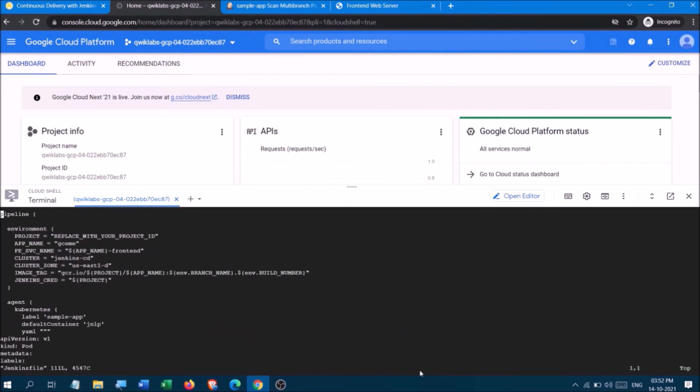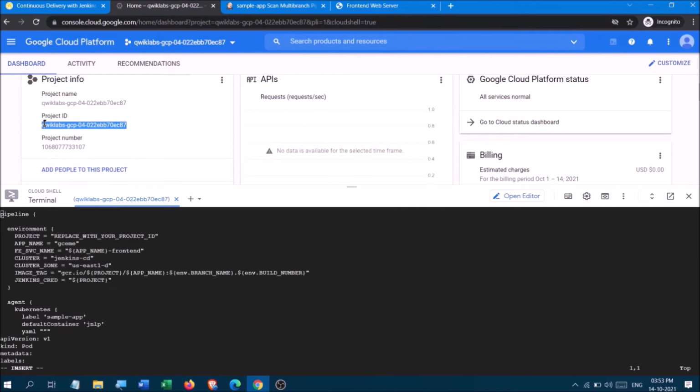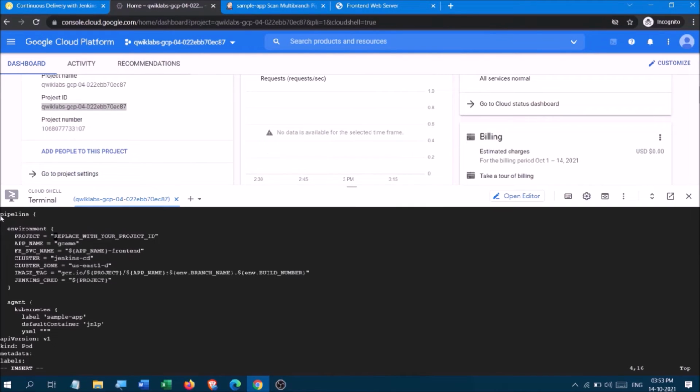We are creating the file and now click on now. So it will allow us to insert that project id. Okay, so I am copying it from here again. Okay, wait a minute, sometimes happens.